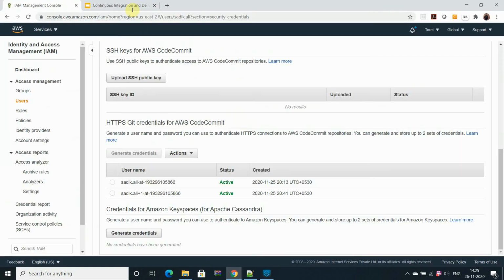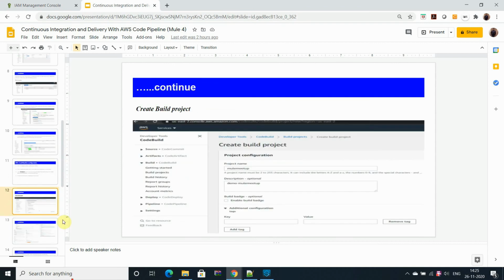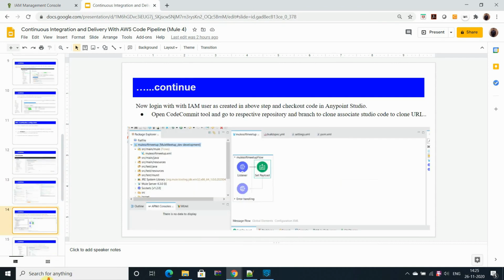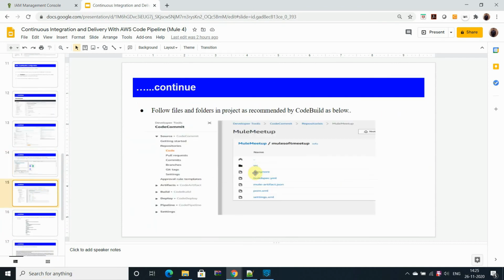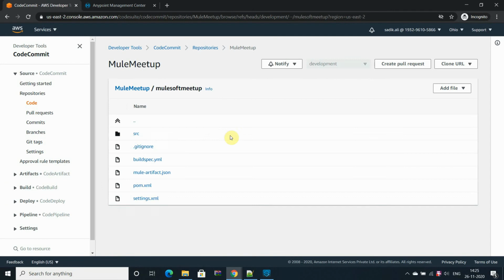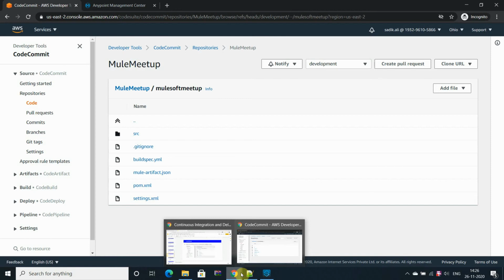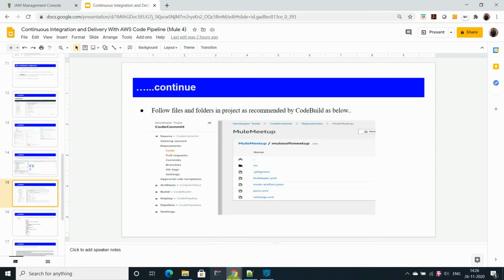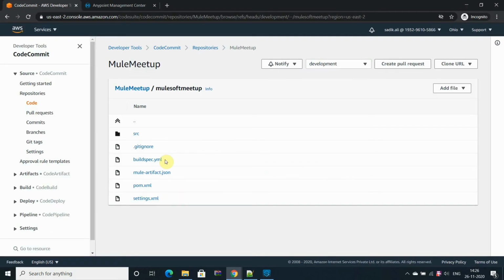One very important thing: while creating a project I have created here, the folder structure should be the same. Following best practices, definitely you can assign somewhere else, but the POM file and artifact file should be in the same location. The build spec file you can keep somewhere else, but whenever you are configuring the build, you have to assign the location.